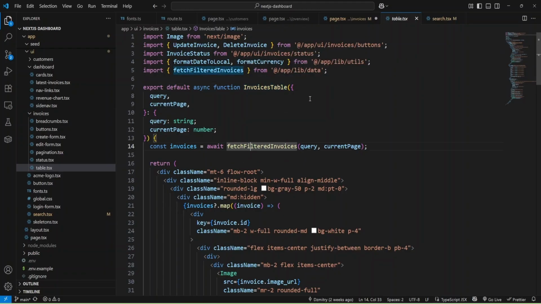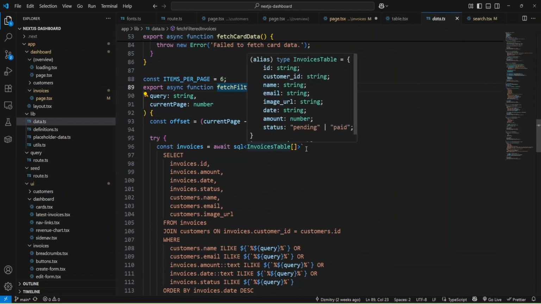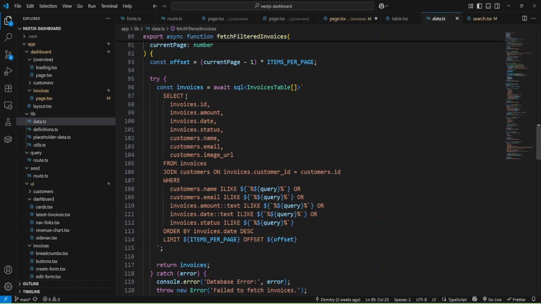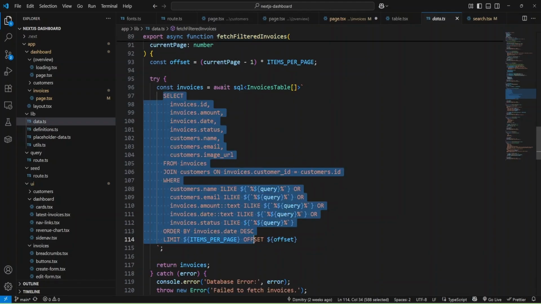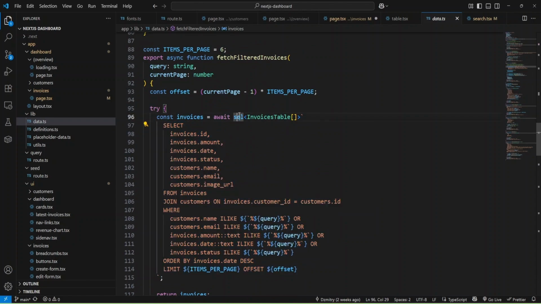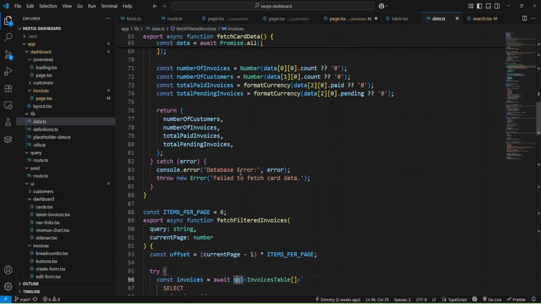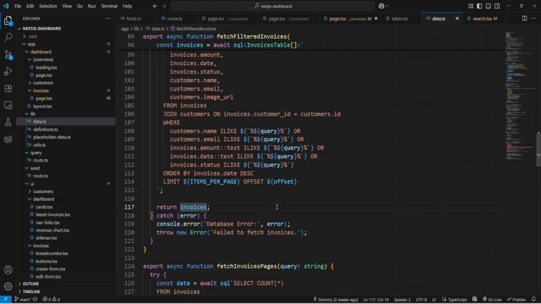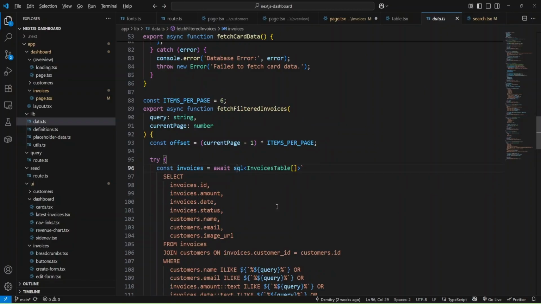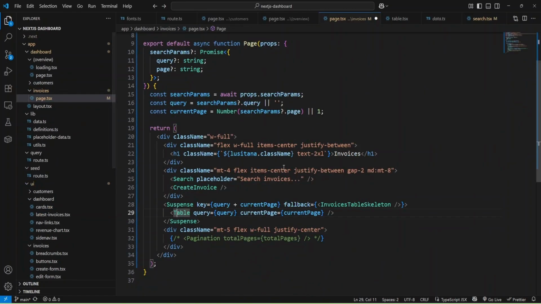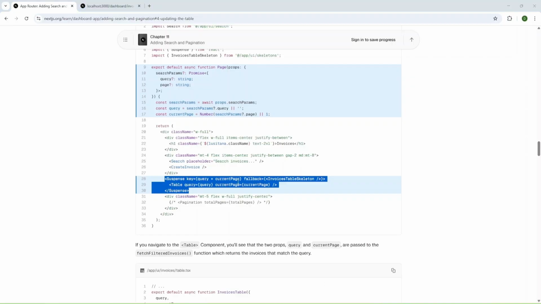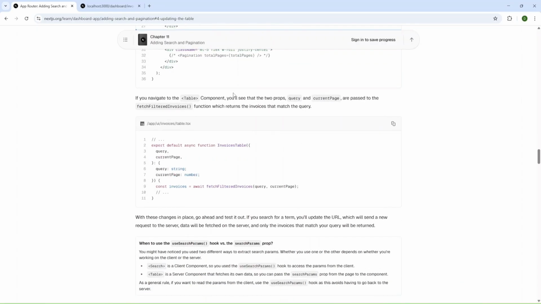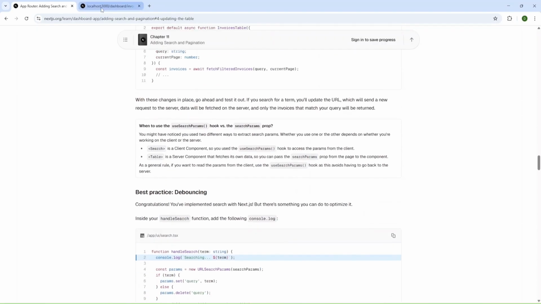And inside the invoice table, we have some filtered invoices. And this is data from an API. As you can see, we have SQL code here, and they are just executing it using SQL from a library, and then provide invoices as a result. Okay, and I will just use it, and let me save all these files, and let's check what we have next. We checked this code, and let's try it.